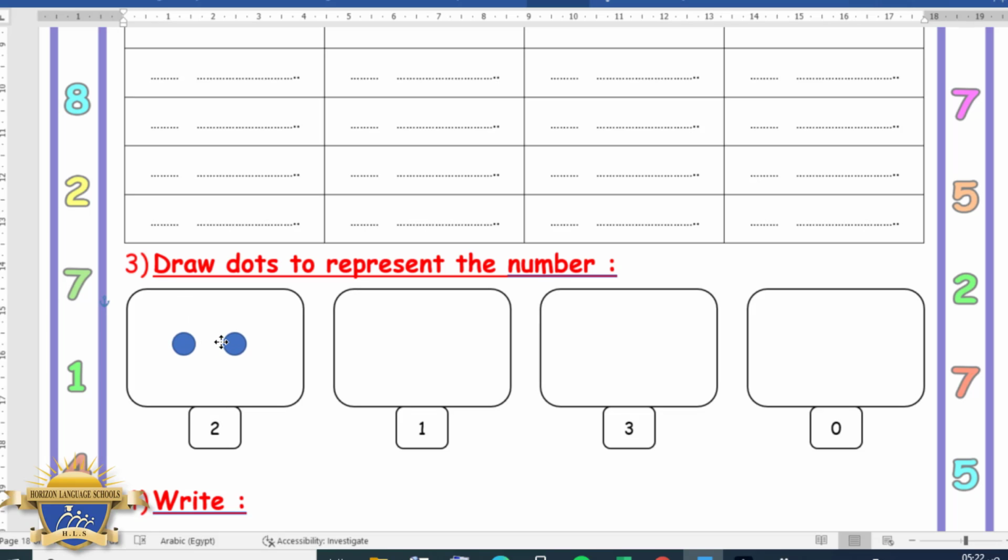And 2. The next one is just 1. So I will represent it by just 1 dot. And here's 3. 1,